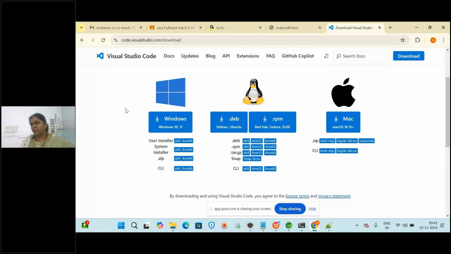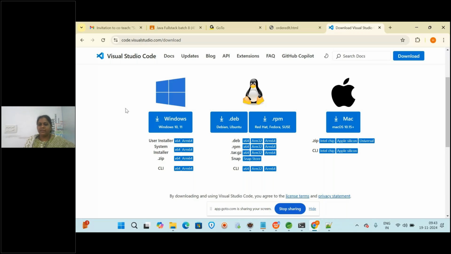In future, when you develop applications using React JS, we use Visual Studio only. Front end will be React JS, and back end will be Java or Python, for which you will use other IDEs like Eclipse, IntelliJ or NetBeans. So many IDEs are there, but for the basic part you can use Visual Studio Code. If anyone is aware of Eclipse, you can use that also, no issue.